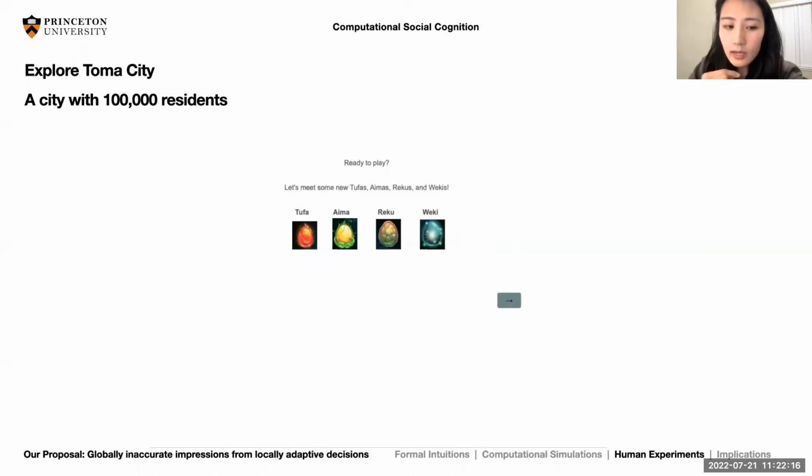All right, now you can collaborate with Toma to earn more points. And the more points you earn, the more bonus you're going to get at the end of the game. Now you can increase your points by starting a small business in Toma City. And you can select some people to help you. But just as in real life, not all of them are going to help. So you have to choose.